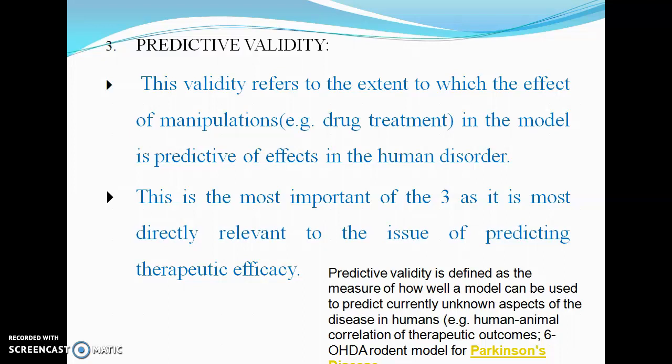This validity refers to the extent to which the effect of the manipulation, that is the drug treatment, for example 6-hydroxydopamine in the model, is predictive of the effect in the human disorder. So this is the most important of the three, as it is more directly relevant to the issue of predicting therapeutic efficacy. By passing all these three types of validity procedures, we can confirm that the animal model can have some effect on the drug, or validated models can be